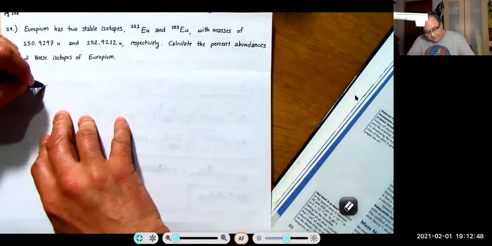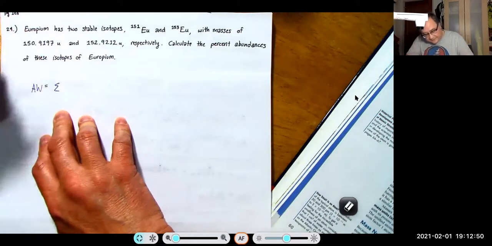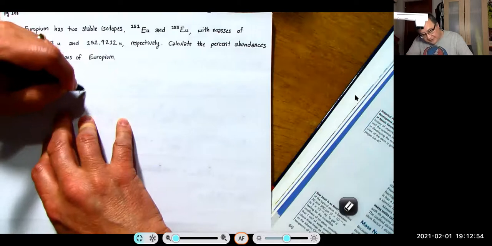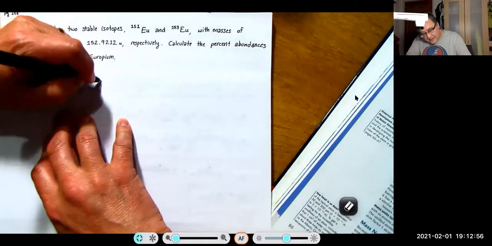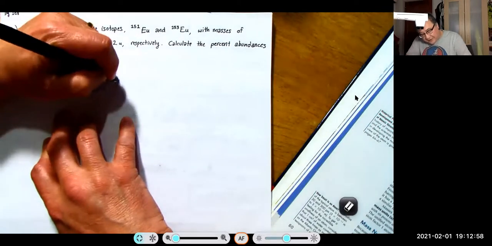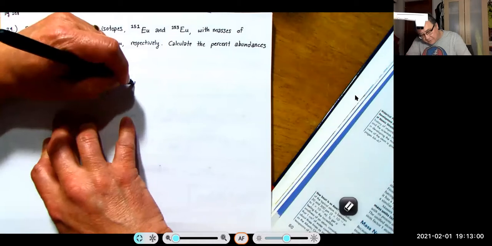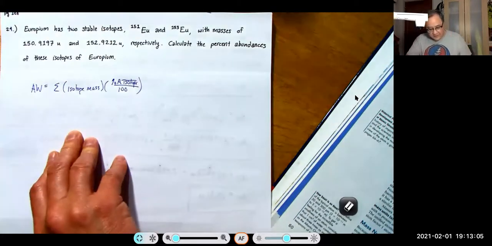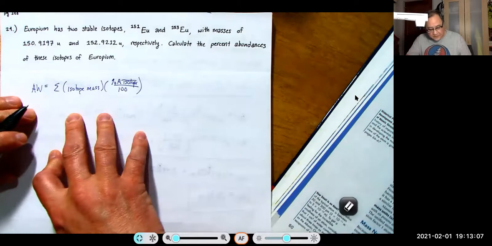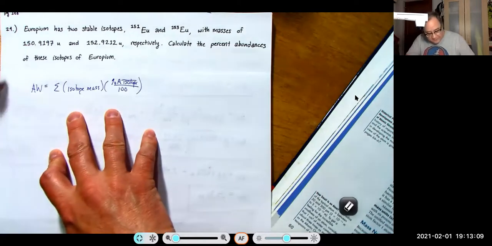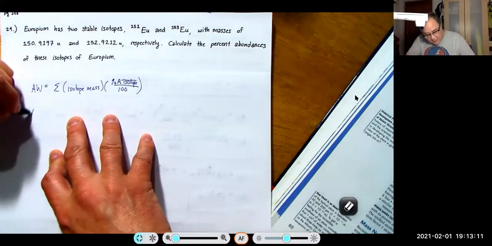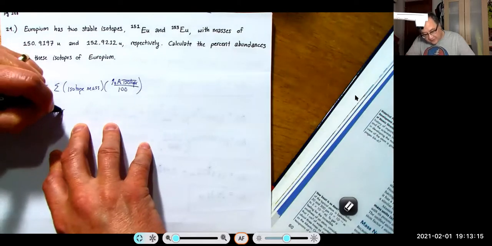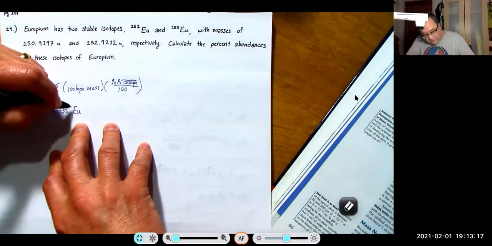Atomic weight is the sum of the isotope mass times the percent abundance of the isotope over 100. Okay, so here's the way I'm going to solve it. I'm going to say the atomic weight is equal to the mass of europium 151